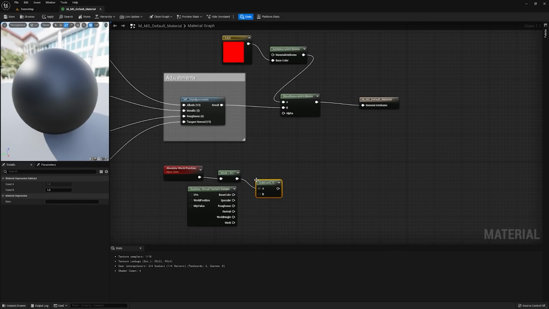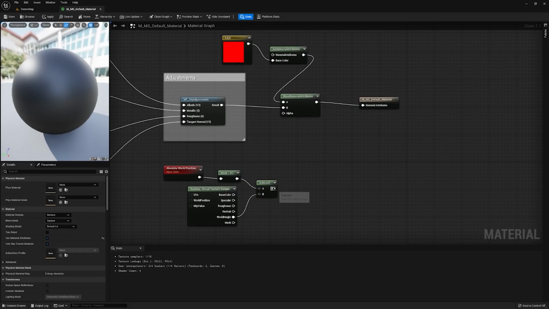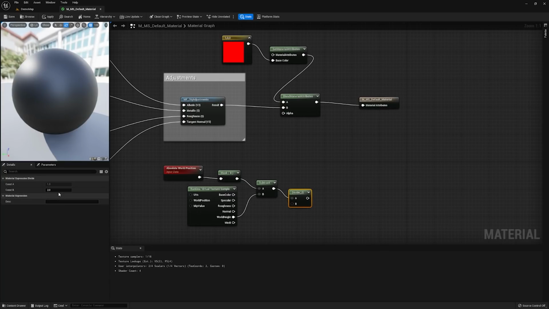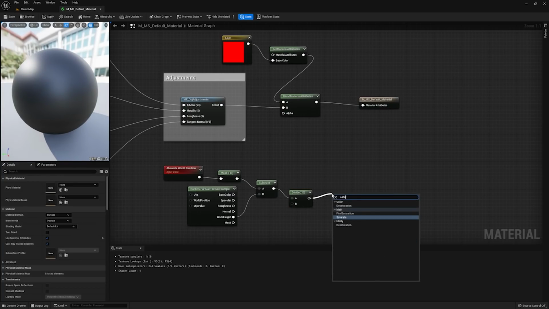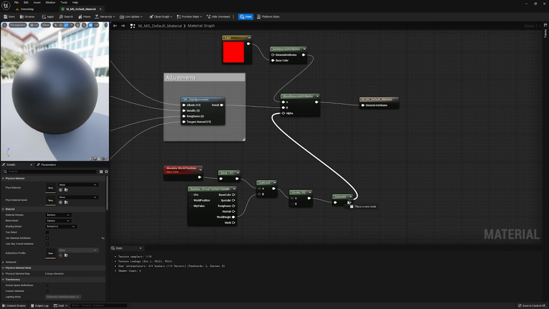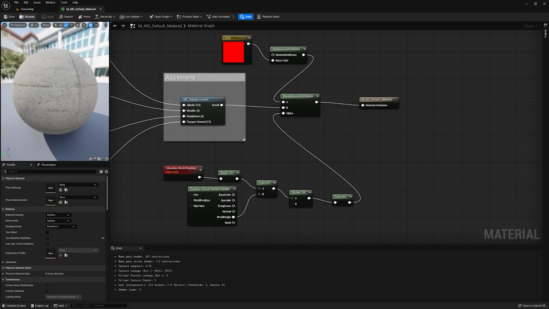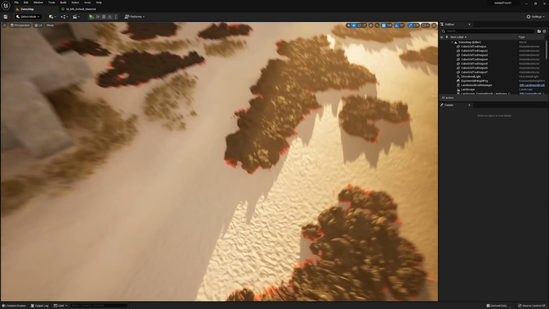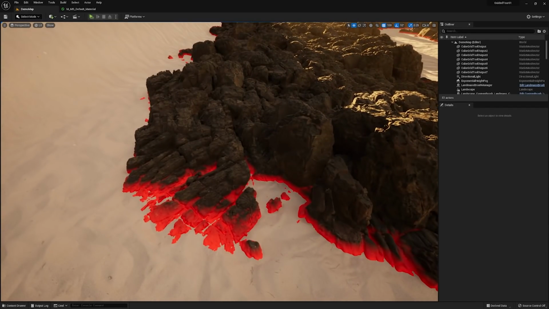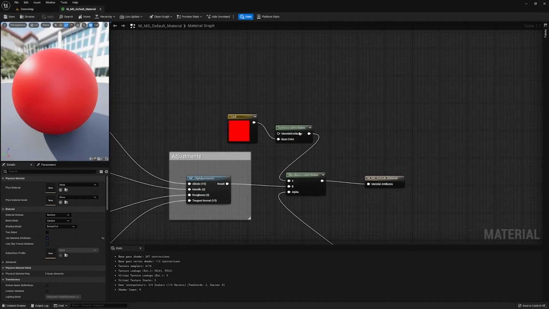So it says, hey, let's look at my height and subtract the world height of the landscape. If it's a positive value, we're above it. If it's negative, we're below it. By dividing it by a number, we can blend by 10, for instance. It'll say, hey, when we're 10 centimeters away, that's a full blend away from it. Let's take a look at that. You can see here that it's now red where it's touching and it's black the rest of it. So it's actually picking up where the ground is.